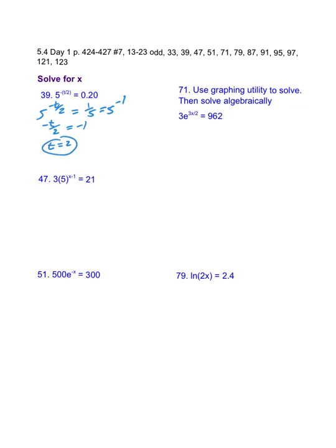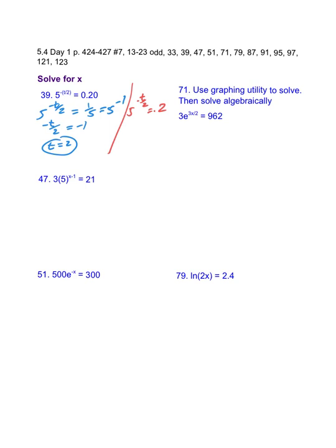The other way we could solve this problem, if you don't recognize that you can rewrite 0.2 as a power of 5, is you can rewrite as a log. Okay, so let's try that. Let's start again. And this time we'll rewrite it as a logarithmic equation. So I have 5 to the negative t over 2 is equal to 0.2. And now I can